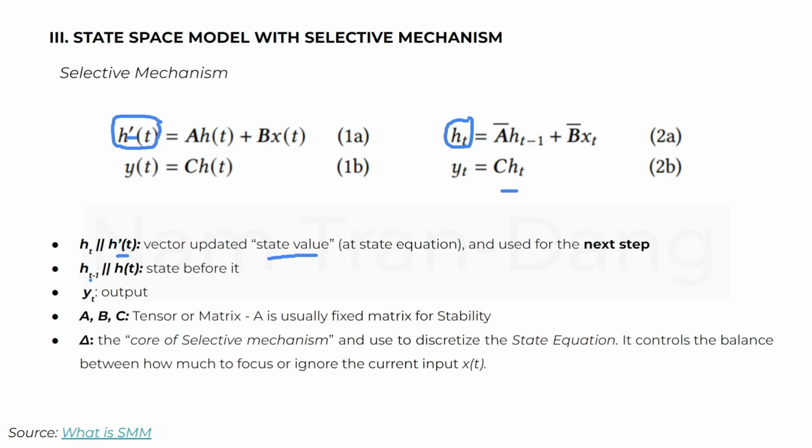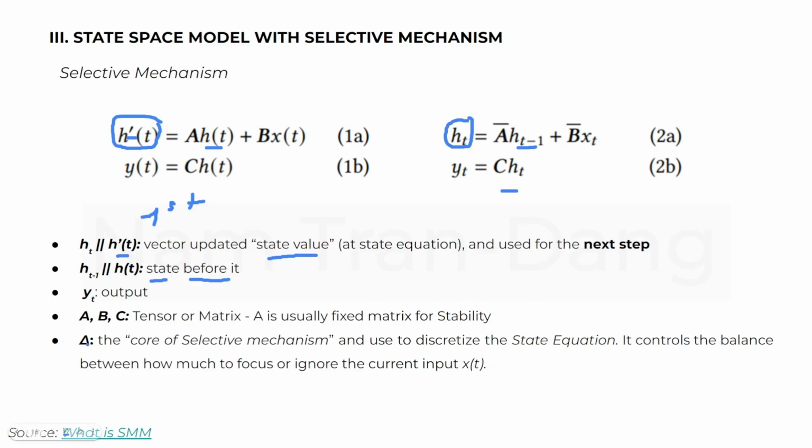And we're going to have x with t minus 1 equal to the x_t here. This is the state before it. So we can understand it like this: the second step will depend on the first step. That is why we have x_{t-1}, and x_t is going to be updated over time. And y_t is the output. And A, B, C are the tensors or matrices, and H is usually fixed for the stability of the